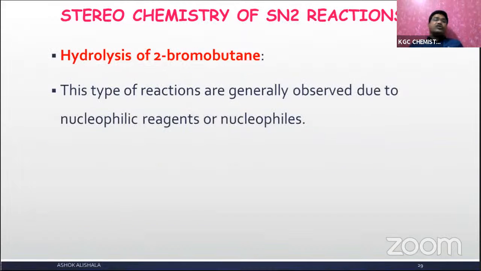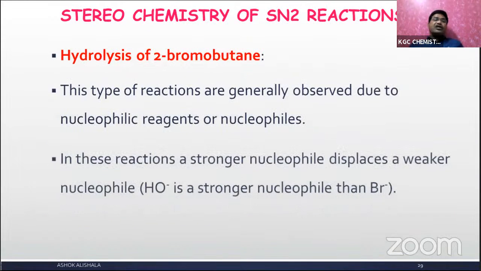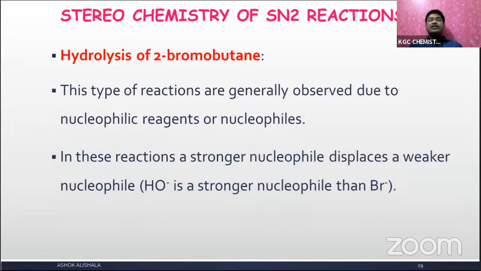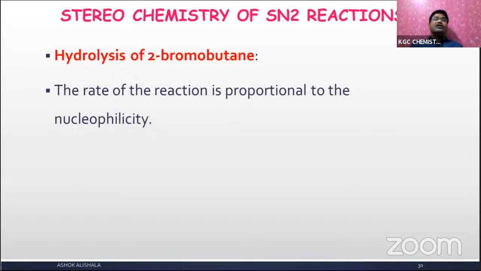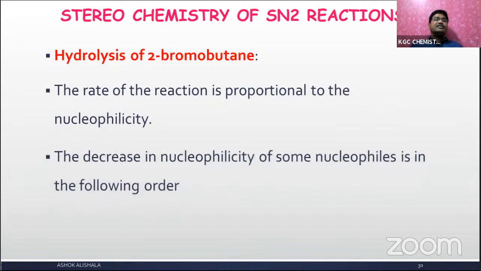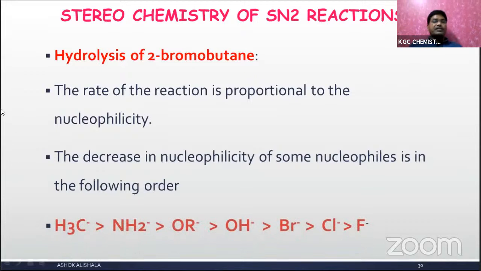reactions are generally observed due to nucleophilic reagents or nucleophiles. In these reactions, a stronger nucleophile displaces a weaker nucleophile. The nucleophiles we already discussed. The rate of the reaction is directly proportional to nucleophilicity. The nucleophilicity decreases in the following order: that is methyl carbanion,